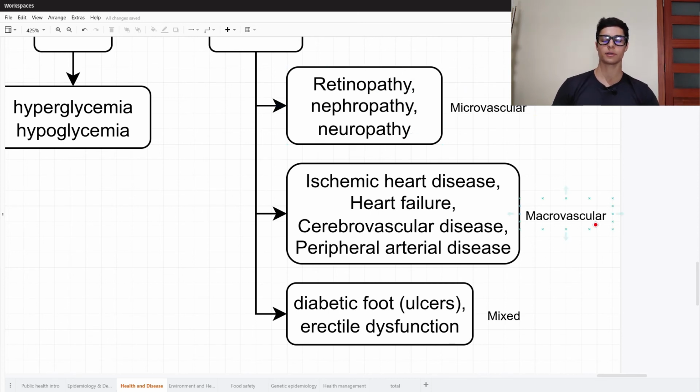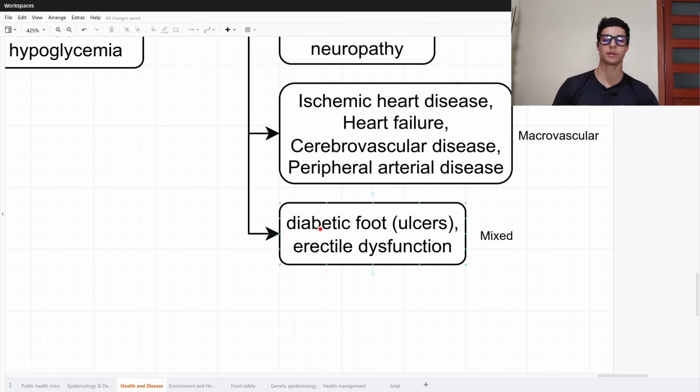And then on a macrovascular level, we will possibly have an ischemic heart disease, a heart failure, cerebrovascular disease, peripheral arterial disease, and then a mixed one, which is the diabetic foot, the ulcers of diabetics, and in some cases